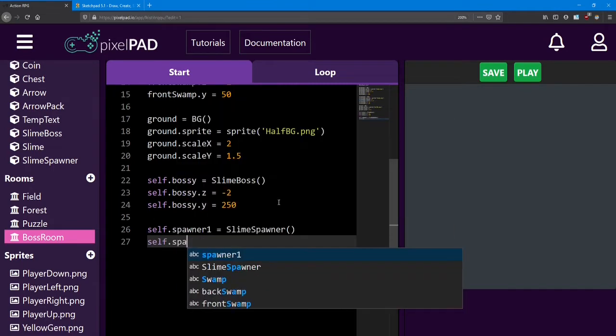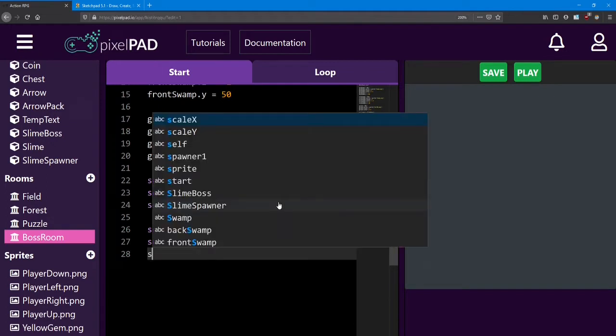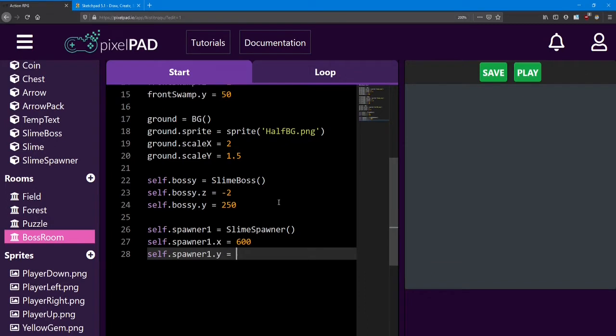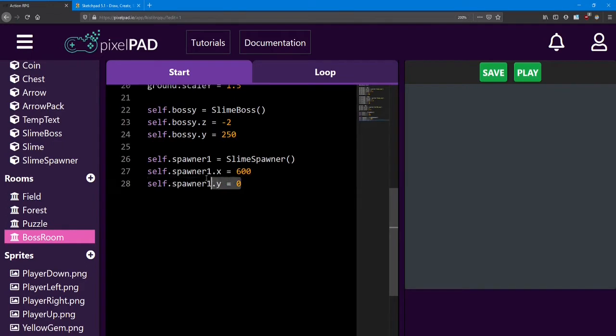And spawner 1 is going to be at the top right of the bunch. So I'm going to set its x equal to 600, and I'm just going to keep its y at 0. I know it starts at 0, but I'm going to keep this line anyway,